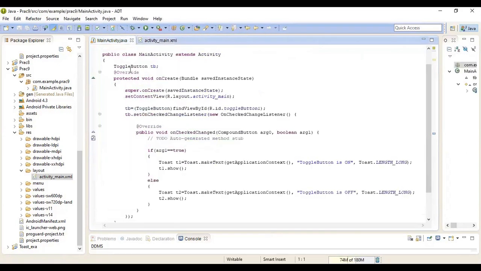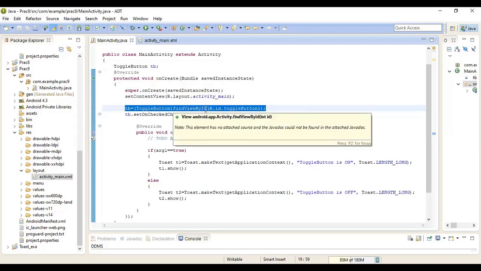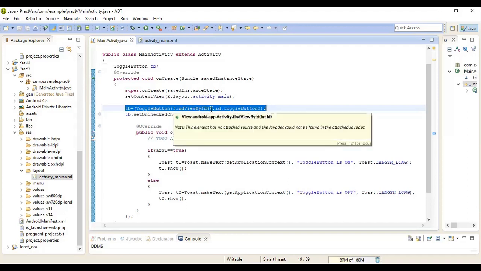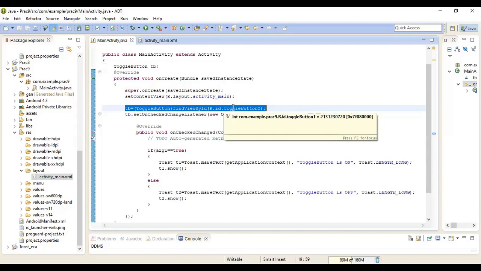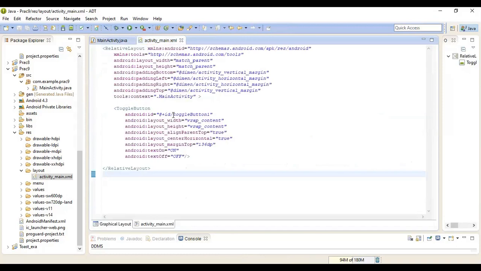In Java file, first declare object for toggle button TV. Then after find that particular view using findViewById method. So TV is equal to ToggleButton, findViewById method, R.id. This is the ID for toggle button, which is used in XML file.